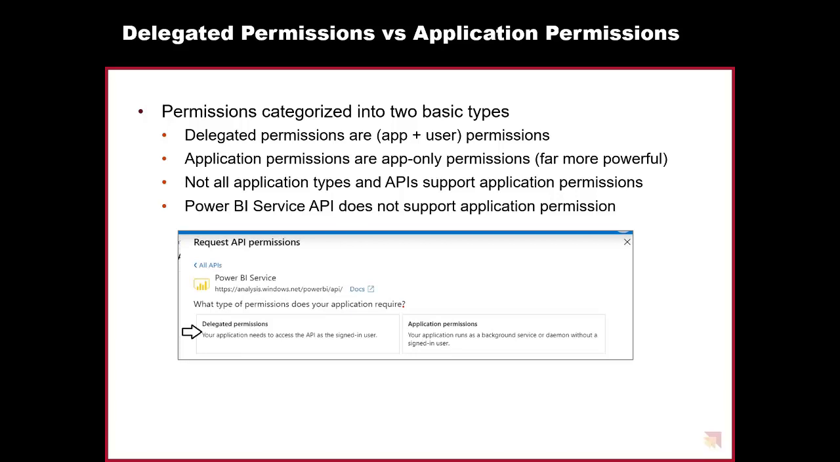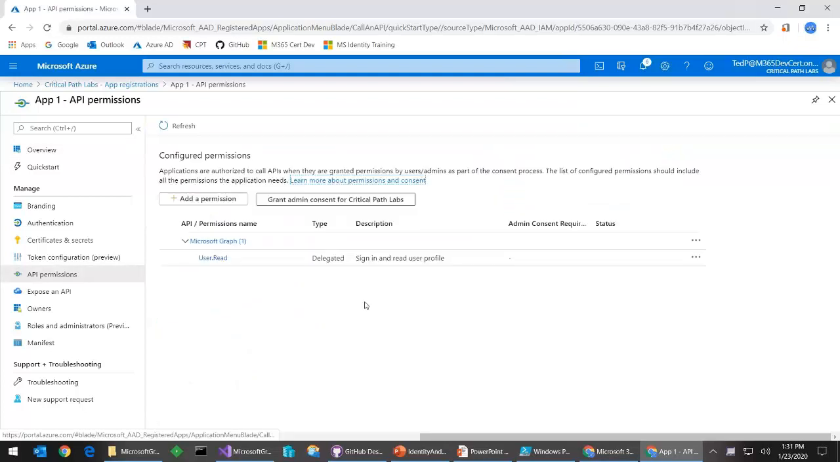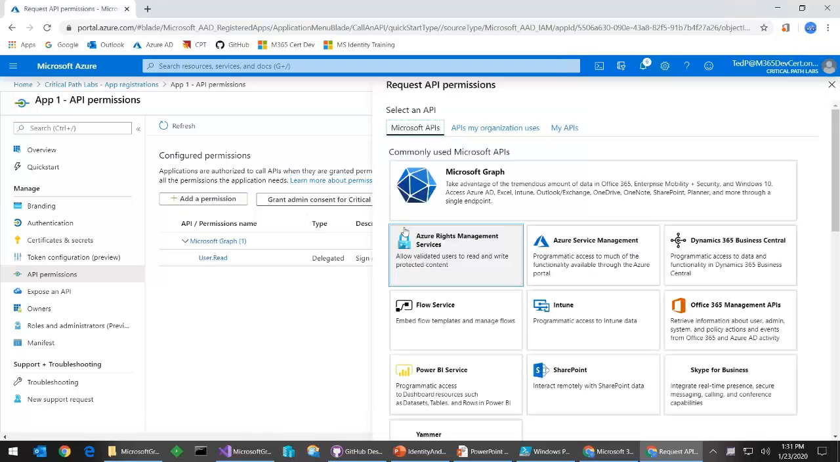Okay, now let's say that I need permissions. So let's say we come back here, and now what we'd like to do with this application I've created called App 1, let's go ahead and move to permissions. As I move to permissions inside here, if I say add a permission, first of all, I have to pick the API,